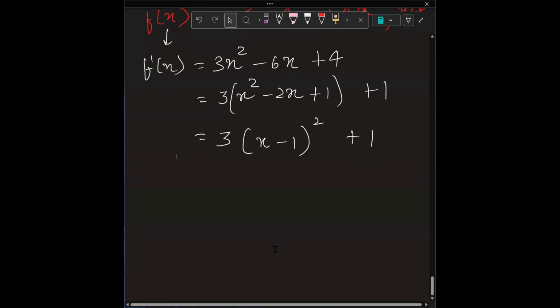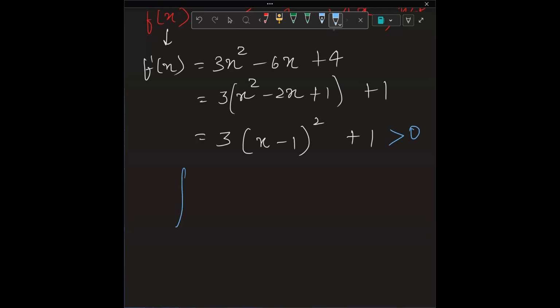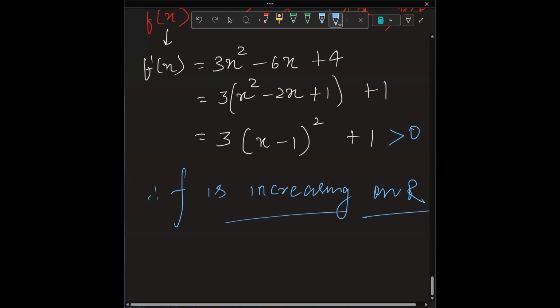सो यहाँ पे मैंने आपसे पूछा कि x की ऐसी कोई वैल्यू एग्जिस्ट करती है जिसके लिए आपका डेरिवेटिव नेगेटिव आ जाए? नहीं होगा ना? व्हाई? बिकॉज वी हैव अ स्क्वायर क्वांटिटी। जो भी वैल्यू पुट करेंगे, इट विल बी स्क्वायर्ड, एंड स्क्वायर ऑफ एनी नंबर इज पॉजिटिव। सो दिस इज गोइंग टू बी ऑलवेज greater than 0 on every interval of your R. So you will say your f is, therefore, increasing on your real number, that is your domain, that is whatever it is given to you. All right,